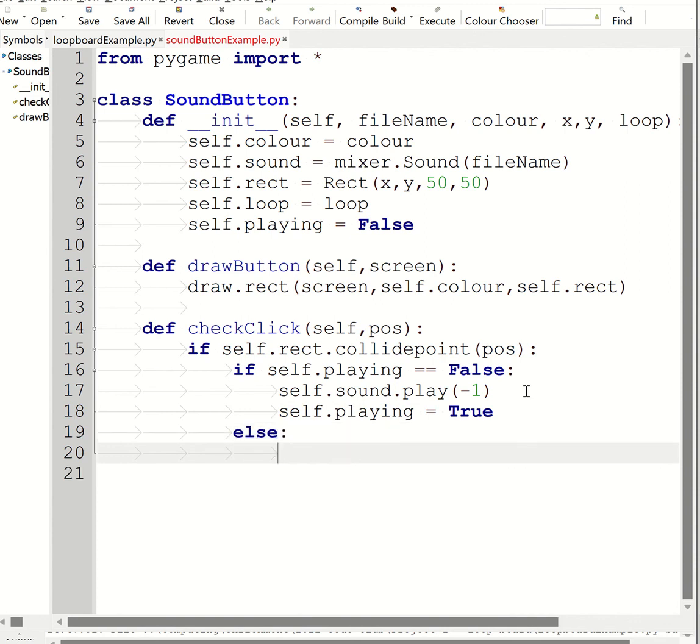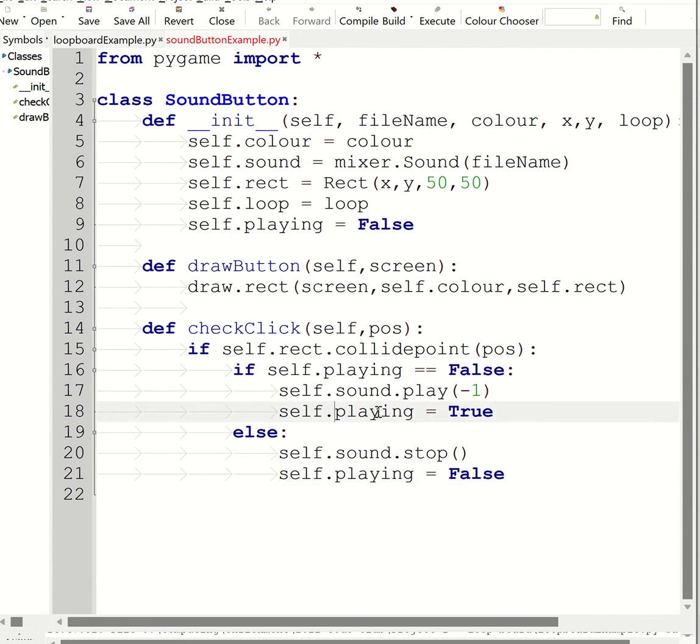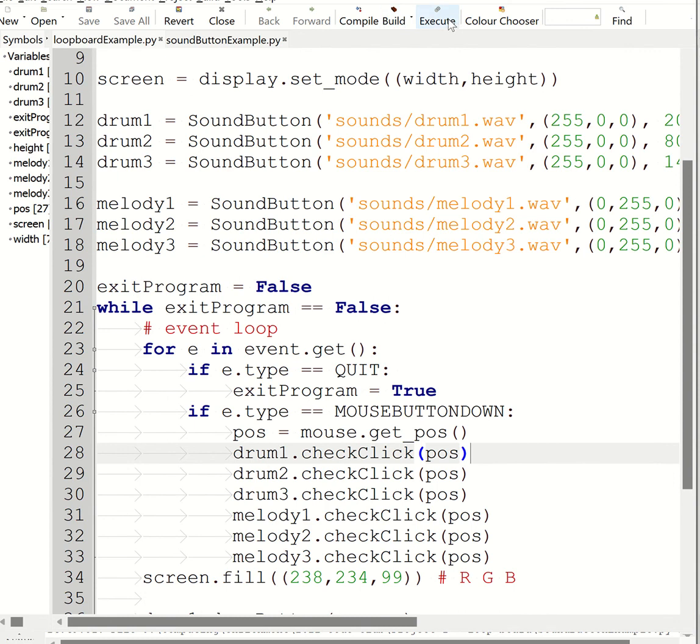Else. So if playing is false, then I'll play it and set playing to true. If it's not false, then it's got to be true. So that means I'll then self.sounds.stop. So I'm going to stop the sound. And I'm going to set self.playing equal to false. So essentially what I'm using is this variable playing to control whether it's going to play the sound or stop the sound. So if I save that and go back to my loop board example and run it again, what should happen is